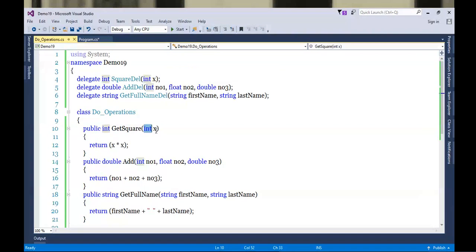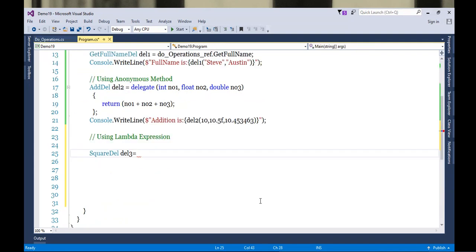Only one. So there is only one parameter available here. So let's specify that. I will be writing x here. Now, as I told you, no need to specify the type of this parameter, because whenever you are using this delegate 3 reference, this square delegate already knows what type of argument it is.